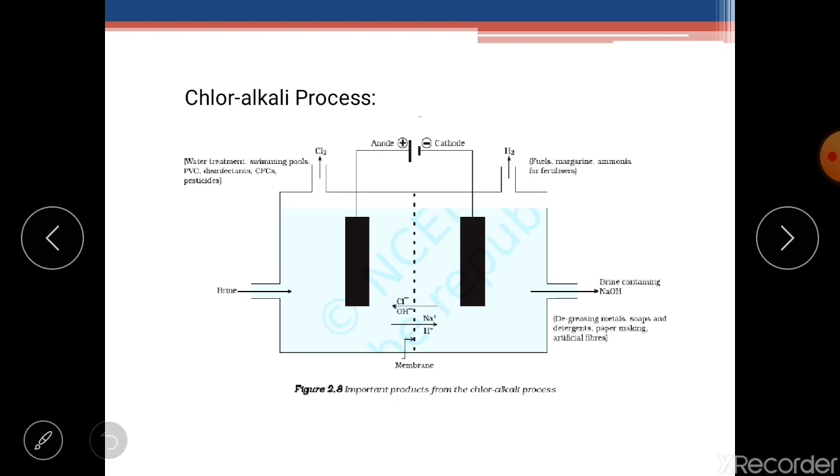Next thing is chlorine. Look students, chlorine is used for treatment of water. It is used to clean swimming pools and in preparation of polyvinyl chloride, PVC. You must have seen PVC pipes. As I have told you that it is used in cleaning swimming pools and in treatment of water, you can say chlorine is a disinfectant. It is used to produce CFCs, chlorofluorocarbon compounds.